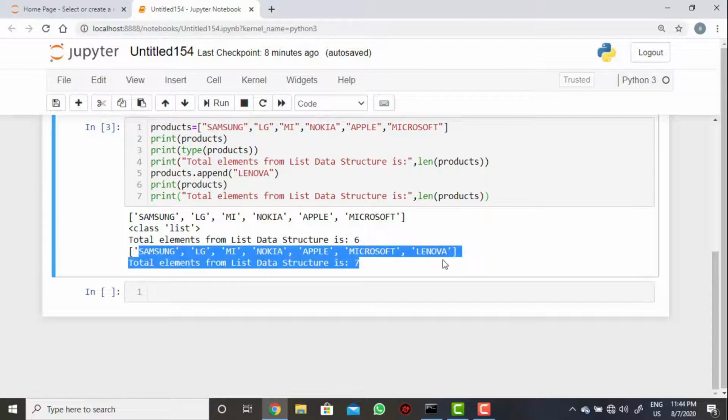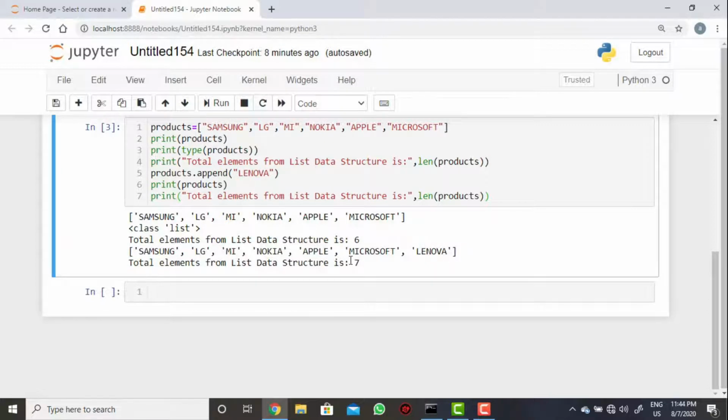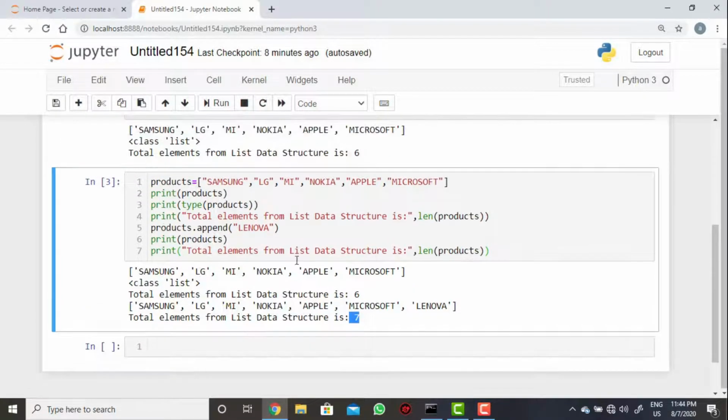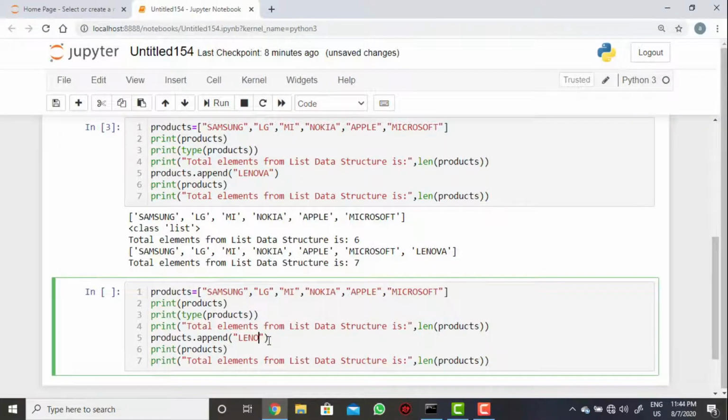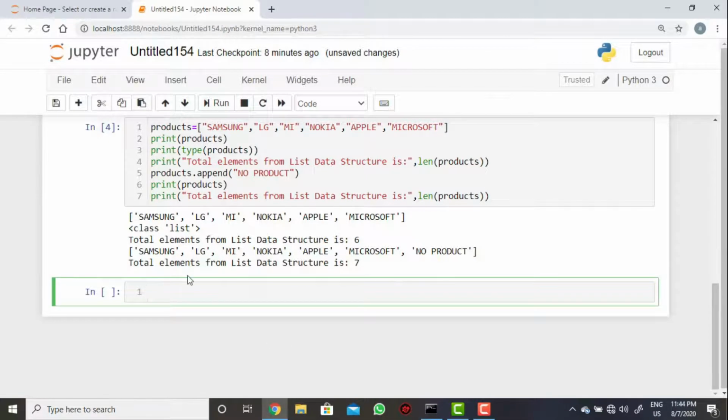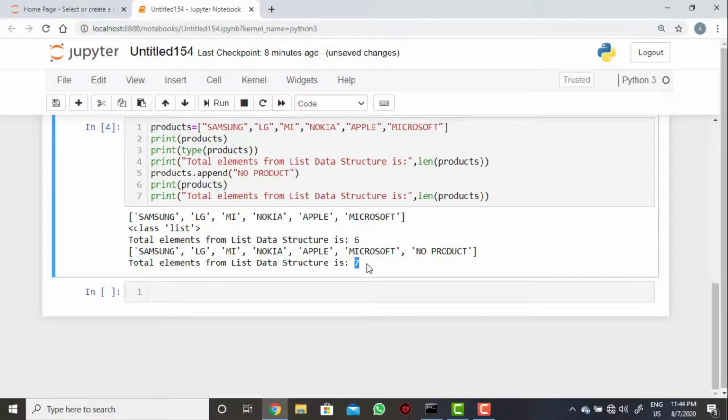The count is plus one, that is 7. Whenever we are adding any element, it will be added to the list, so the count will be 7.